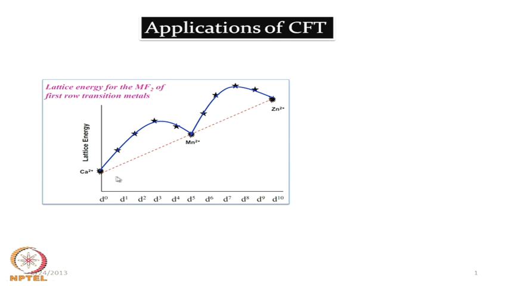So, these 11 elements, if we plot them in this fashion, we will see that the occupation of these d levels contributes differently towards the lattice energy term. When we go from d1 to d2 to d3, it again drops at d4 and again comes back to the linear straight line. This red dotted line is related to the lattice energy increase where we do not have any crystal field contribution. It falls on a straight line which is monotonically increasing from calcium to manganese, manganese to zinc. That means manganese 2 plus will not show any such contribution towards the lattice energy term,